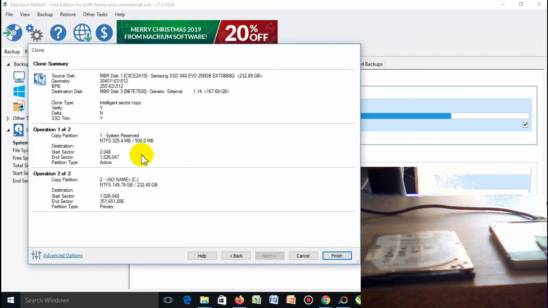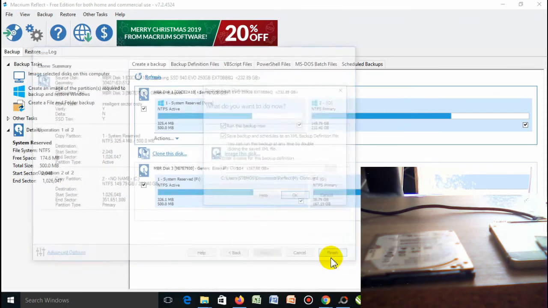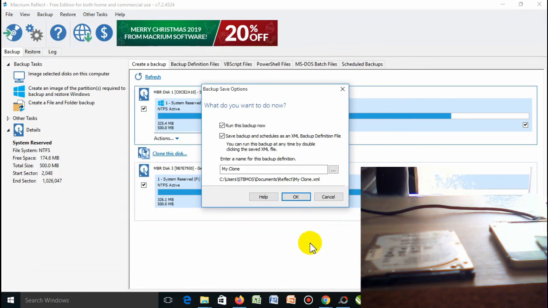Just click next. It's going to show you a summary of all that will be done. You see that? So you click finish. When you click finish, it's going to bring you to the backup and save options. So you can decide to just tell it. It's going to also suggest a name. If you like, you can delete this name and change it to something else,